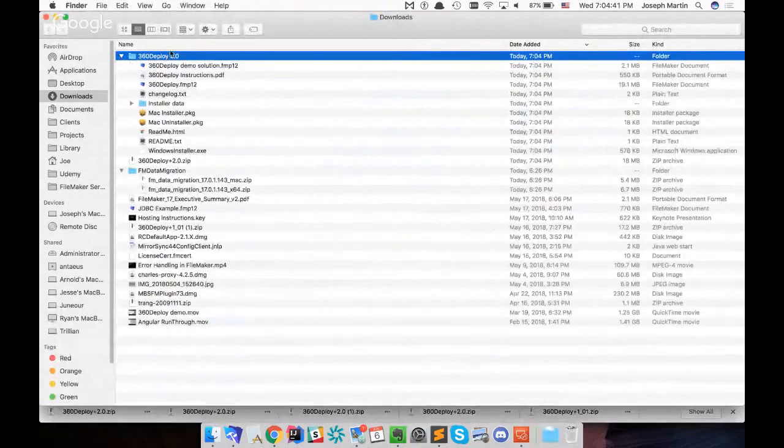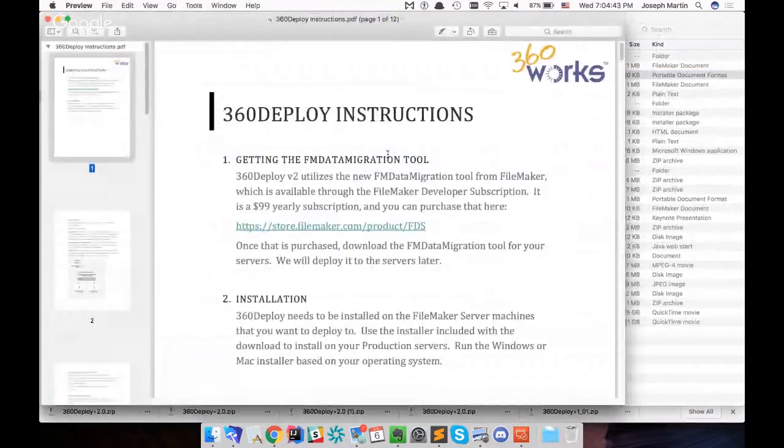Packaged with the zip file, which will kind of tell us what to do. So right, one of the first things you'll need is